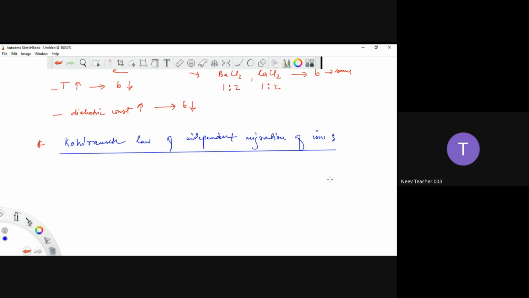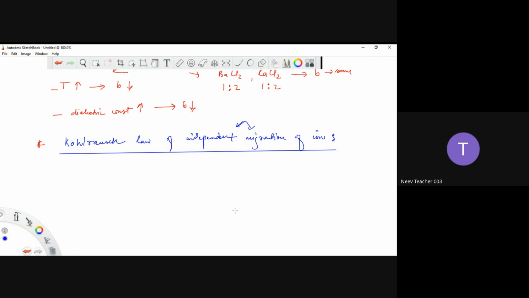All the ions move freely on their own, so whatever the conductivity of those ions is, it is solely because of those ions. That's why it is called independent migration. No matter whether the ion comes from a weak or a strong electrolyte, the conductivity will remain the same at